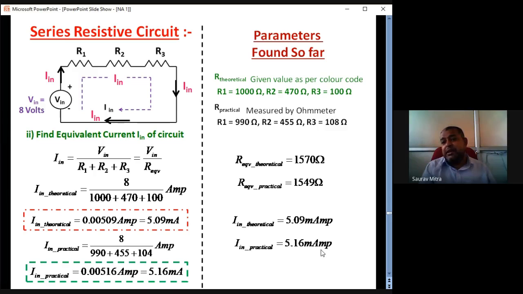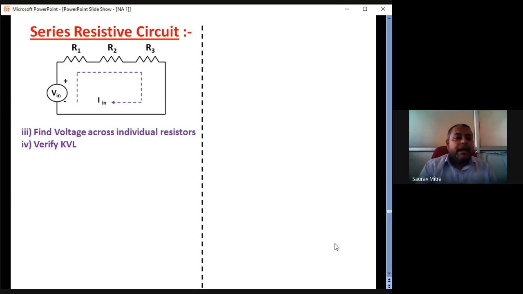So what we check during experimentation is, this is your calculated value and this is your experimentally obtained value using measurements, and they are almost the same, so we say okay, your experiment is done. All of this has to be tabulated in the form of a table. Let us go for the voltage measurement. So initial resistance measurement and current measurement are done.